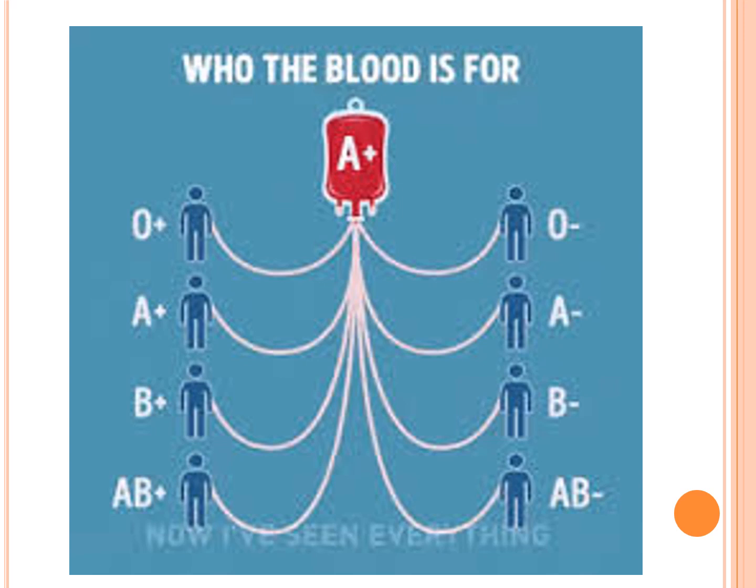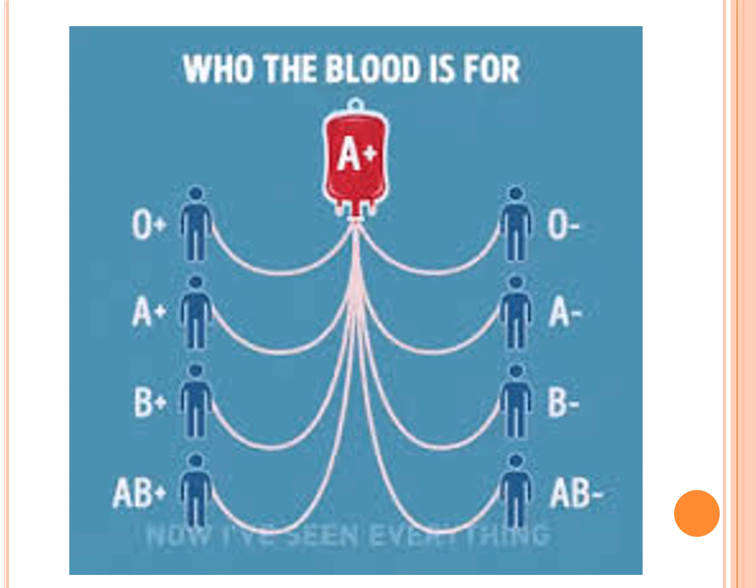Now, as we have learned about blood types, we will now see which blood group can give blood to which. That means who is going to be the donor. If the donor is A positive, who can be the recipients? That is what we are going to see now. Here on the screen, what is given in the center is the blood of the donor. Those you see on the left and the right, O positive, A positive, B positive, AB positive, and the negatives, are the recipients. That means the people who want blood.